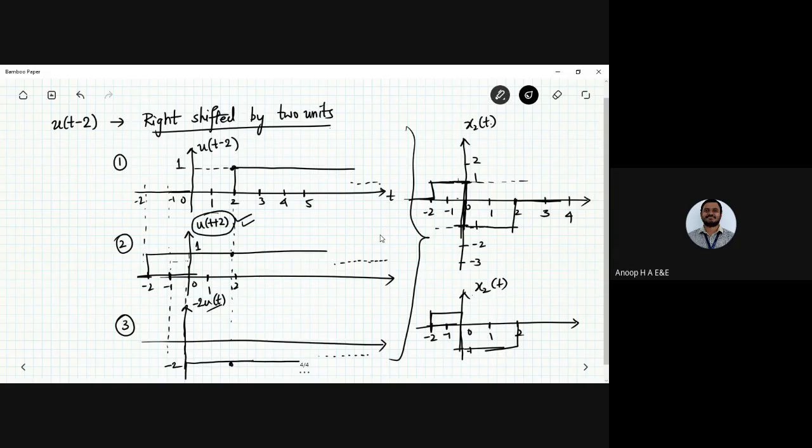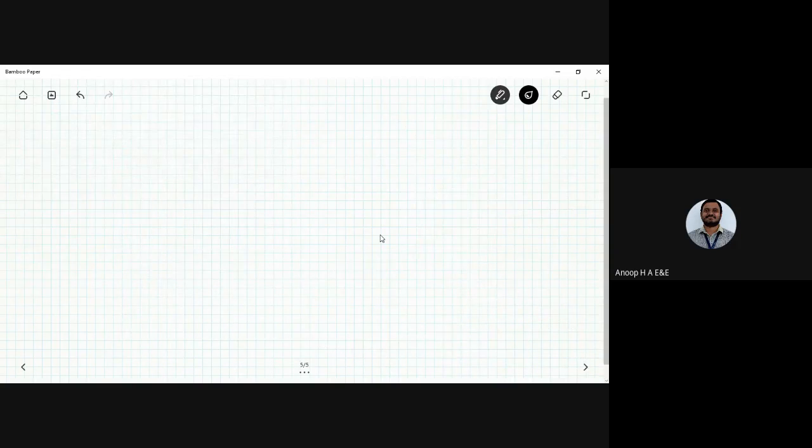Okay. So if you concise the signal, if you write it in a proper way, you're going to get a signal of this manner. Okay. This is the sketch of x2 of t. Okay. So this is the sketch for x2 of t. Okay. So you're going to observe quite clearly here, and this is one thing which you will be doing. Okay. Yes. Moving on to the next problem.